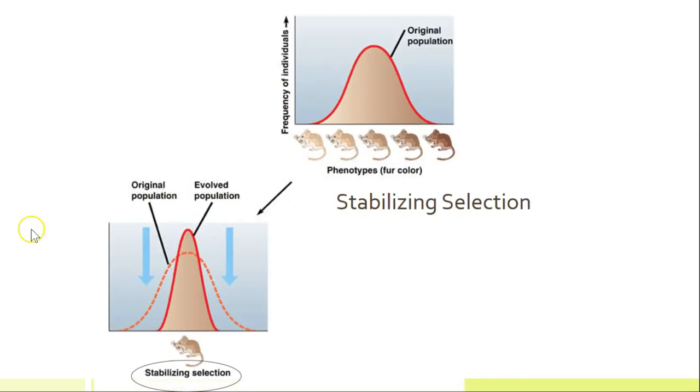Okay, so stabilizing, this for instance is stabilizing selection. You're going to select either for the middle or against the extremes of the bell curve. So in this case, you have selected against the blonde mice and against the dark mice because maybe the habitat is like this color. Blonde mice are easy to see, dark mice are easy to see, they all get eaten. So in this case, you're selecting against these guys and for the middle. Okay, so stabilizing brings you closer to that middle phenotype. And remember, a phenotype is the appearance.